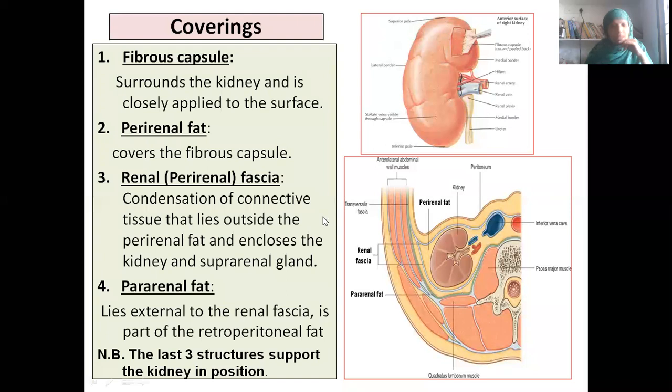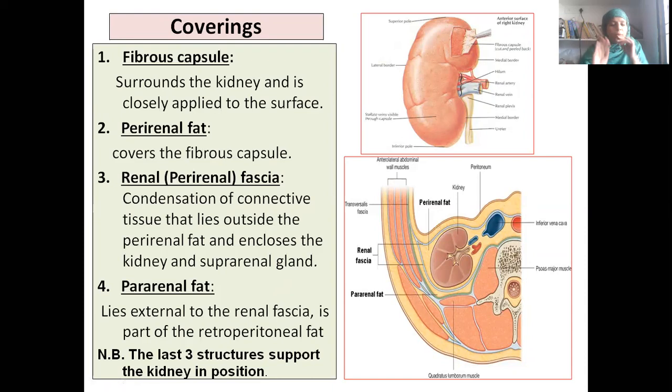Are you finding? Okay. So this fat, that means the kidney is like we also sleep on cushions and beds, isn't it? Similarly, the kidney is also well protected. Everywhere so much fatty tissue is surrounding it, acting as a cushion and protecting the kidney. In our textbooks it is given that too much dieting is also not fair, because people who think about too much zero size, what happens? Even this perirenal fat and pararenal fat will dissolve and the kidney will not have any support and the kidney will sink in the pelvic cavity.